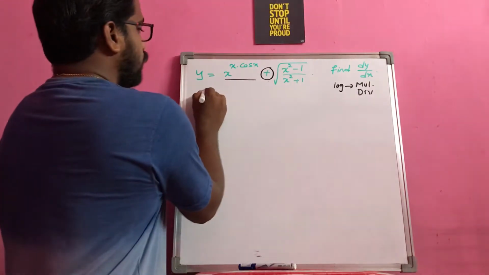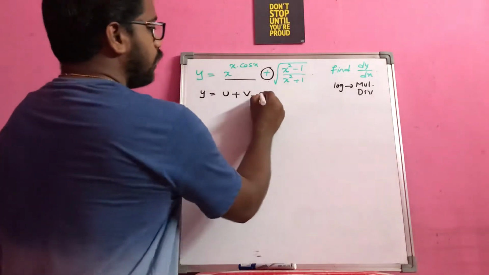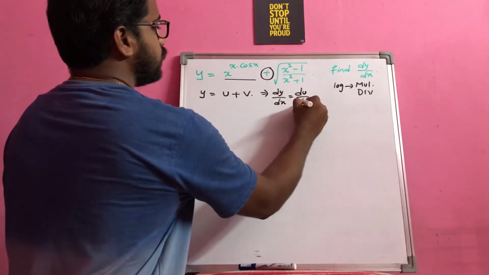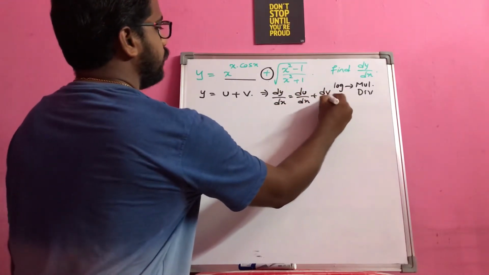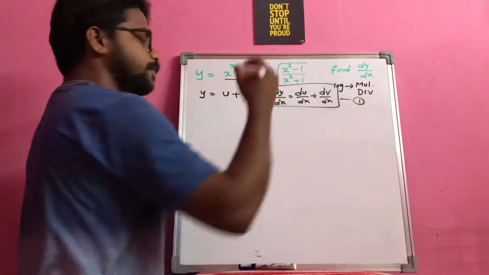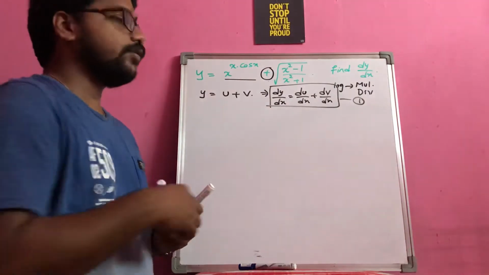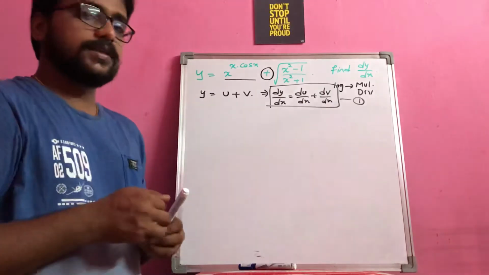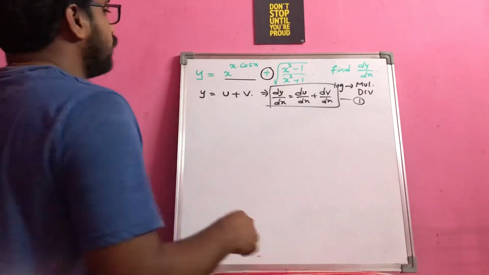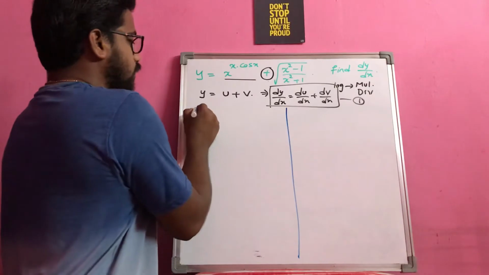For time being, I will take this as u and this as v here. So if I want to find the value of dy by dx, then I will take du by dx plus dv by dx. That means, if you have to find the value of dy by dx, first you have to find du by dx and then dv by dx, then you have to add up these two to get the resultant answer, right? So first let us solve u and then let us come back to the v case.